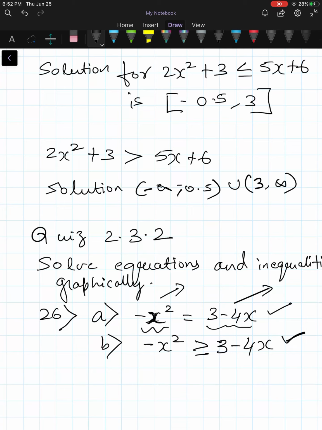I need to see the graphs. I need to see you highlighting the intersected points, as well as finding out the region where the x values satisfy the given questions. So in the next video, we will learn about increasing and decreasing functions, like how to find out, looking at the graph or analyzing the graph, whether a function is increasing or decreasing. So see you in the next video. Thank you.